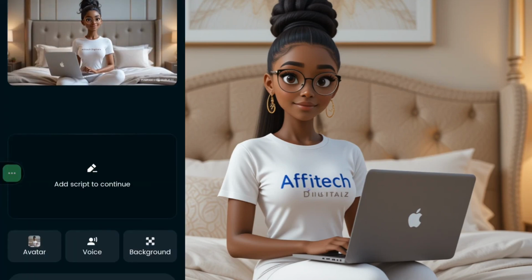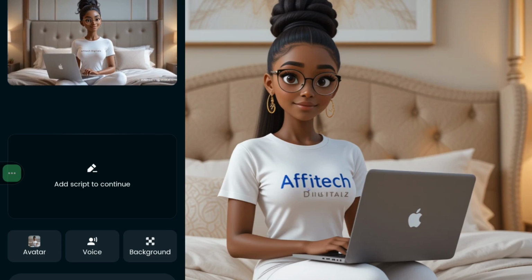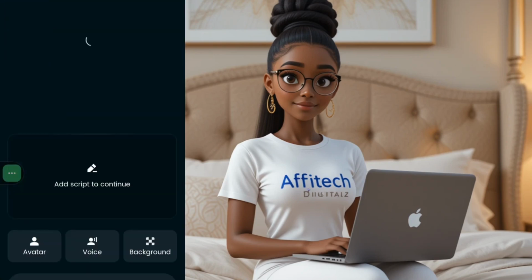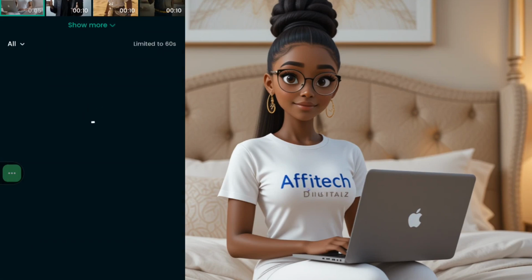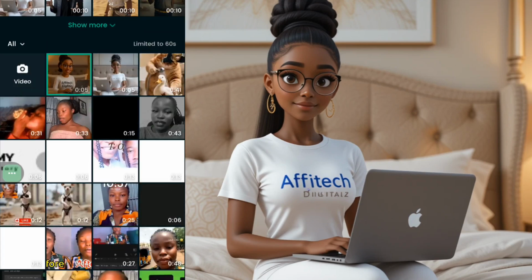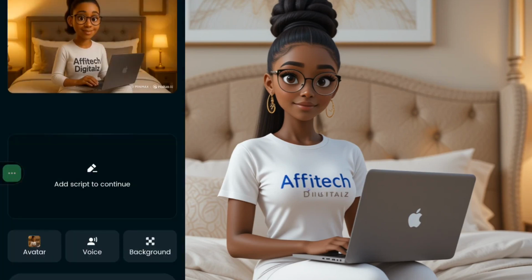You click on it. Okay, video lip sync. Let's click on avatar. When you click on avatar, you just need to bring in the video right here. Let's wait for the video to be brought in.